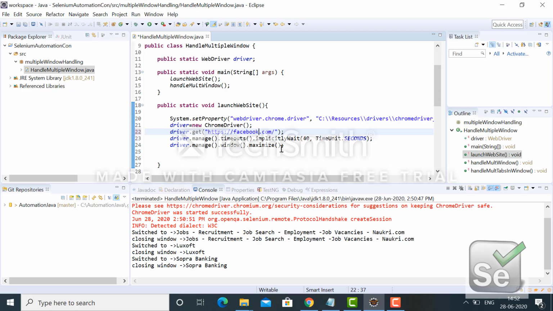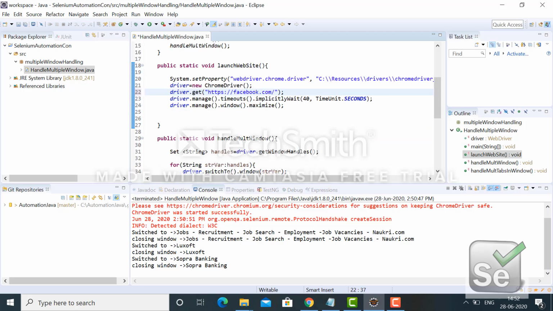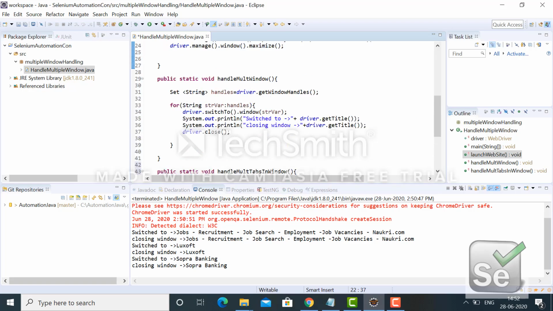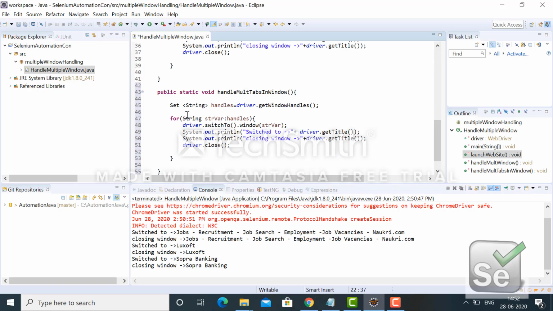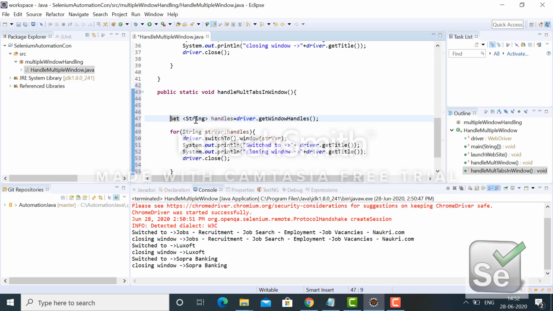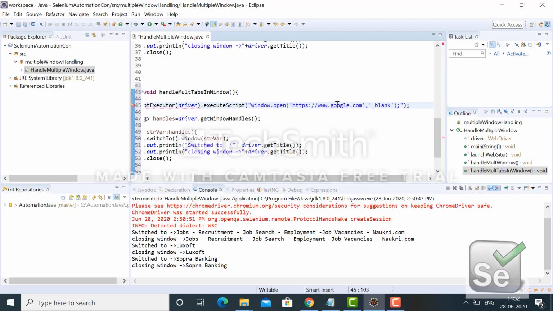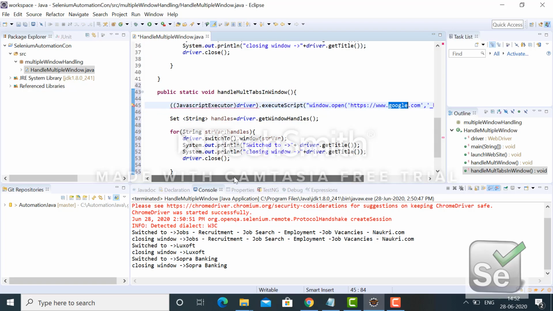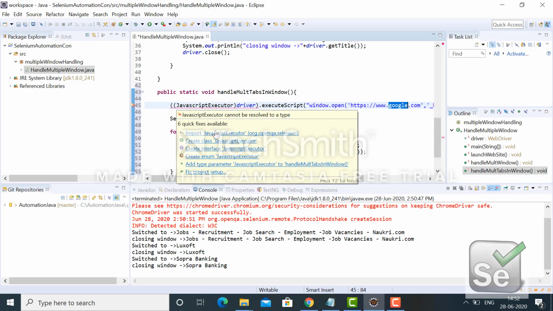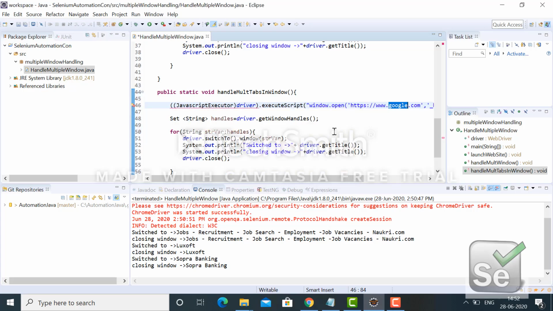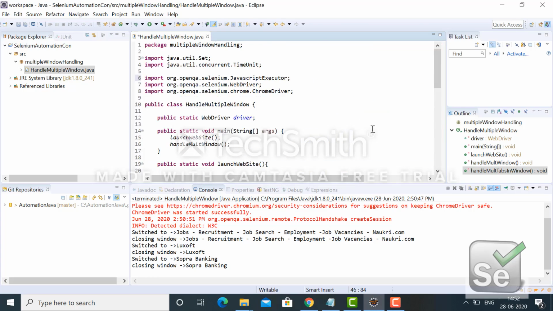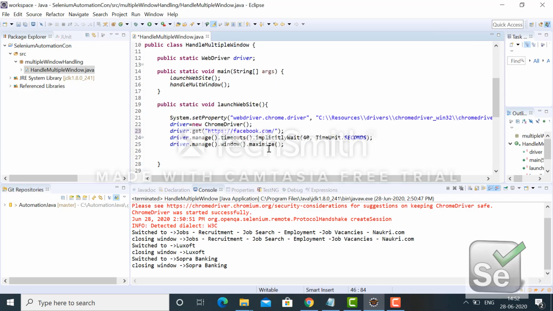Let's see. Now here I will open another tab where I will open google.com, and in JavaScript executor I also have to import it. Let me expand a little bit.